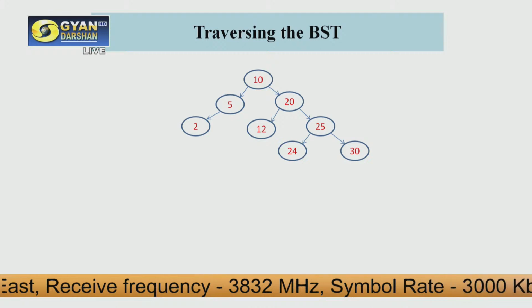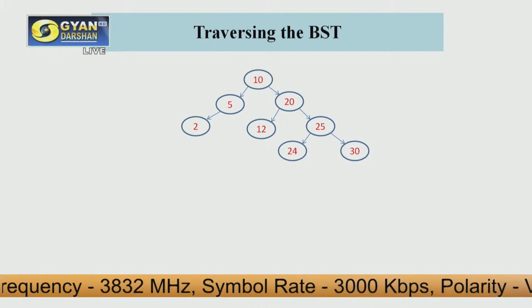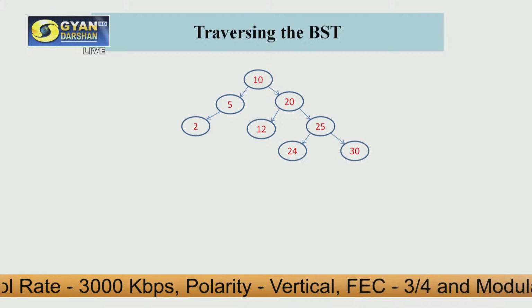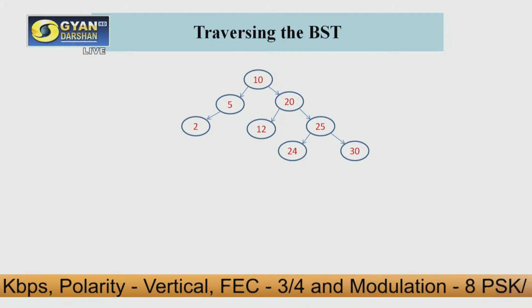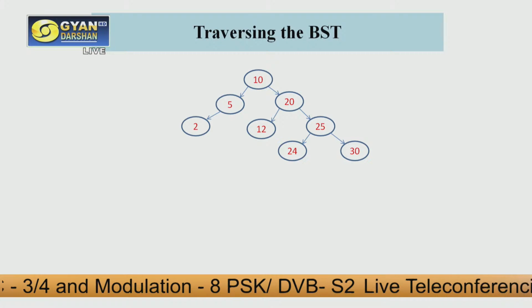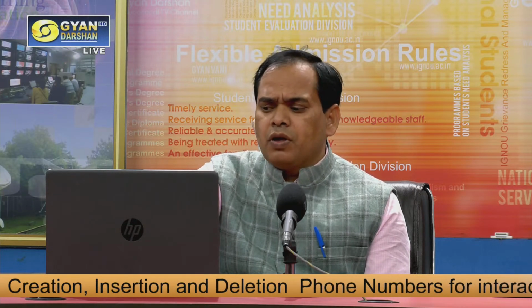As I told you, traversal of a BST can be performed in three methods, known as in-order traversal, pre-order traversal and post-order traversal. What we do in in-order traversal is start from the root: we traverse the left subtree, then we visit the node, and then we traverse the right subtree. For example,